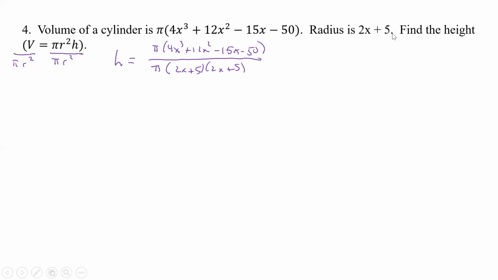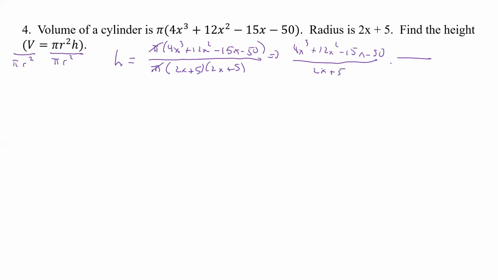Now, again, what do we have? We don't have x minus k, so we're going to have some issues there. But again, we know how to do it. It's not a problem. So first off, I notice pi over pi cancels, so then I only have this to worry about. Okay, so now let's do our first iteration. And so we'll have 4x cubed plus 12x squared minus 15x minus 50, all over 2x plus 5,